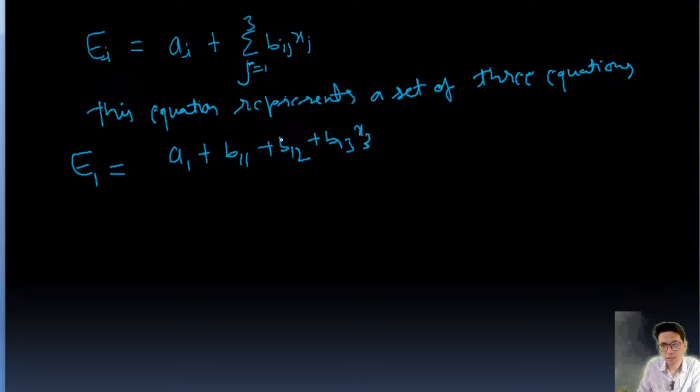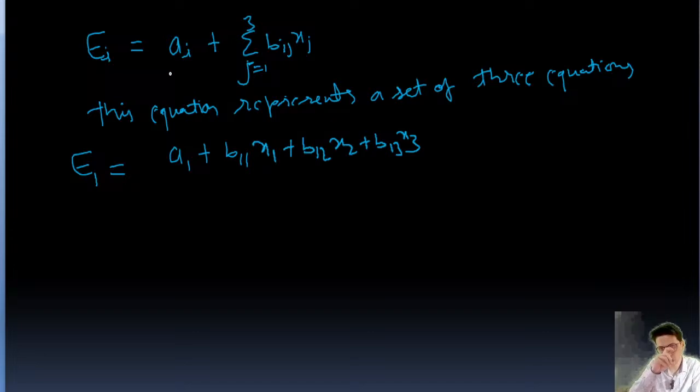This is x3, this is x2, this is x1. Here we have put the value of j from 1 to 3, and taken i equal to